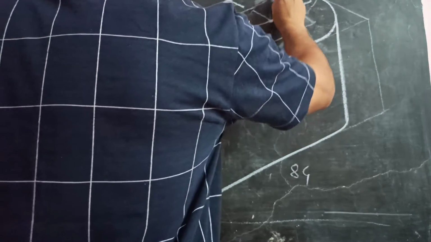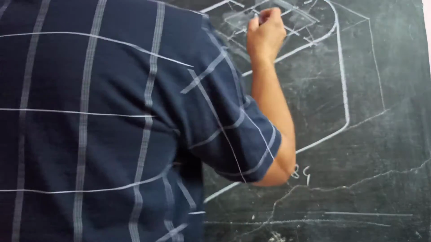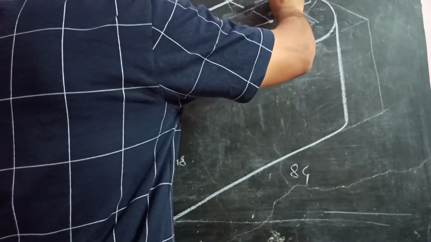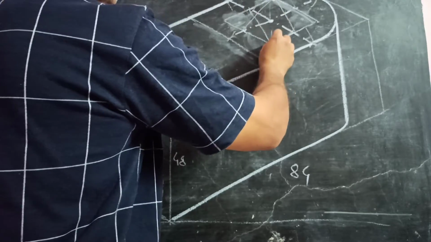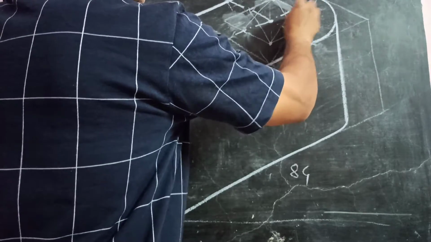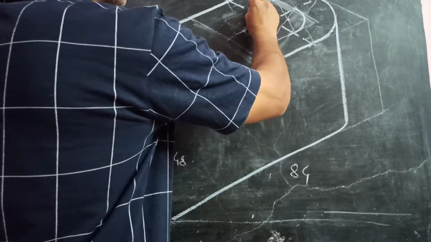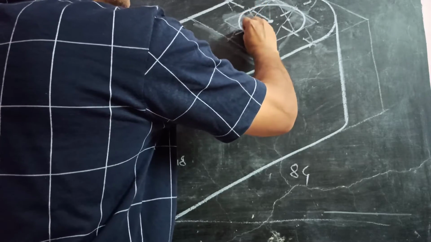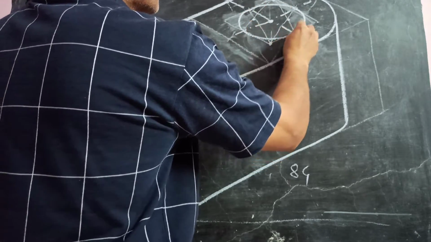These two lines should be parallel to this. So here you can find out these two angles are of 120 degrees. From here you can join the midpoints of opposite lines. So you will get this intersection point from here to here. This center you can use from here to here. This intersection point you can use here to here, and this center you can use for this one.